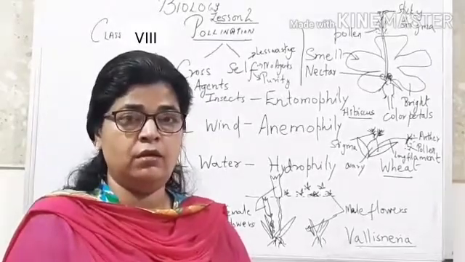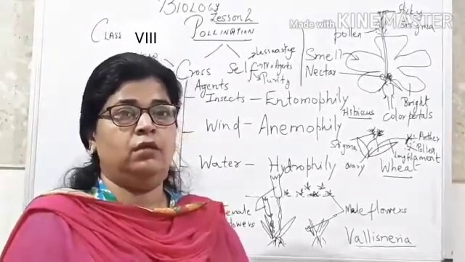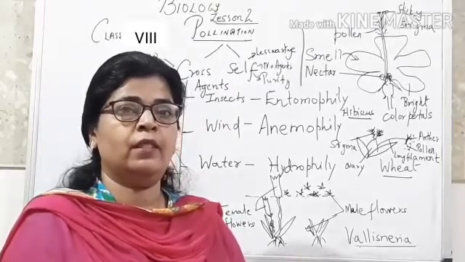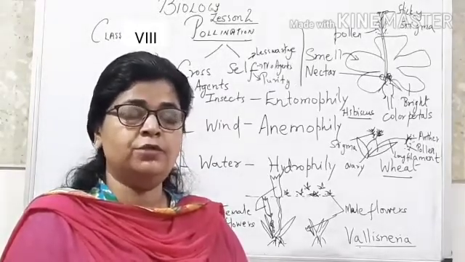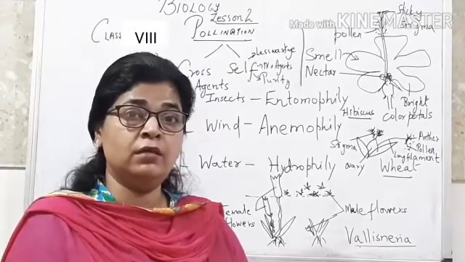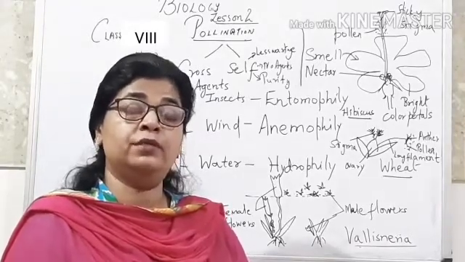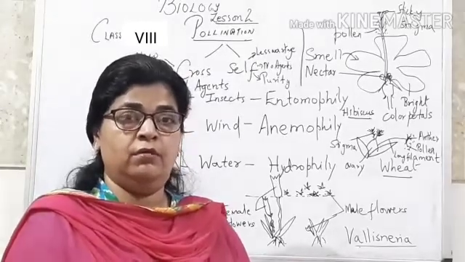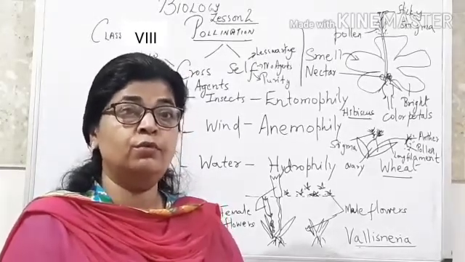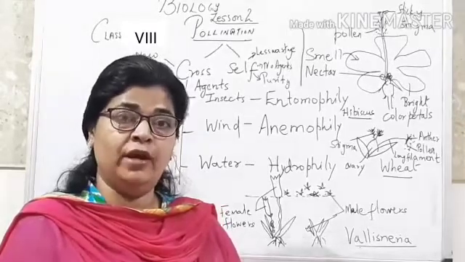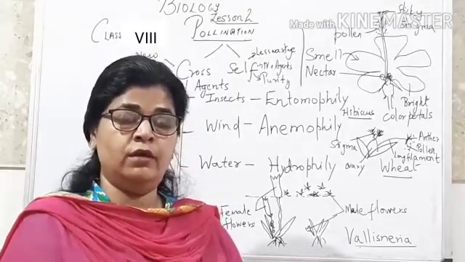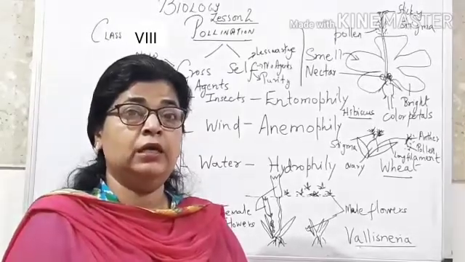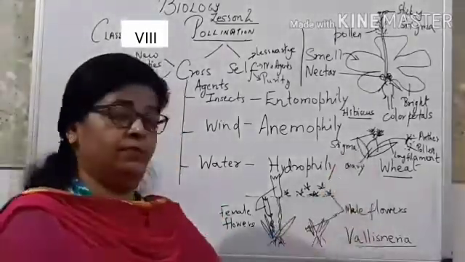They are small, very inconspicuous, tiny in size, but their stigmas or their pistils and stamens are specially developed because they have to transfer through wind. So here the stigmas are, you can see here, feathery,